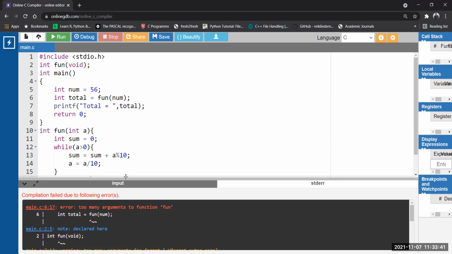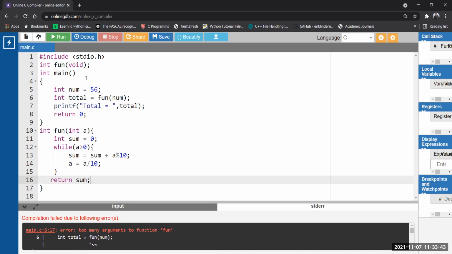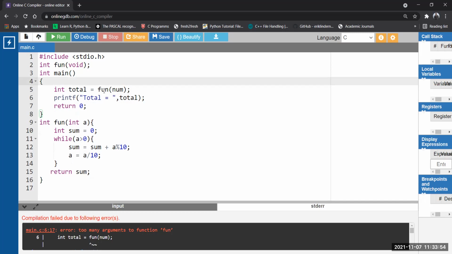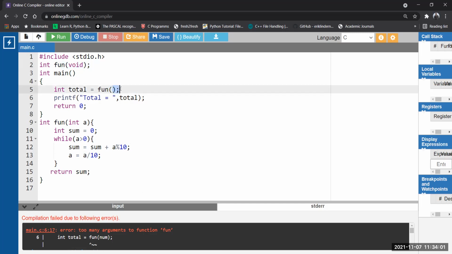Too many arguments to fun. Okay, too many arguments. What is the type we are discussing? Without argument. So without argument means input will be taken care of by the main method, so no input is required. Now see, I have mentioned void, and when I'm passing the argument, I'm getting this error. You'll get this error when the number of parameters in the declaration and the number of arguments that you are passing while calling are mismatched. We'll get this kind of error.